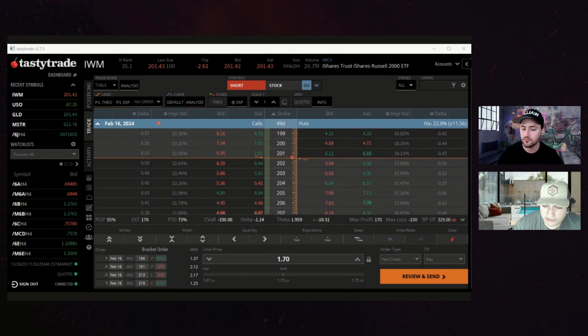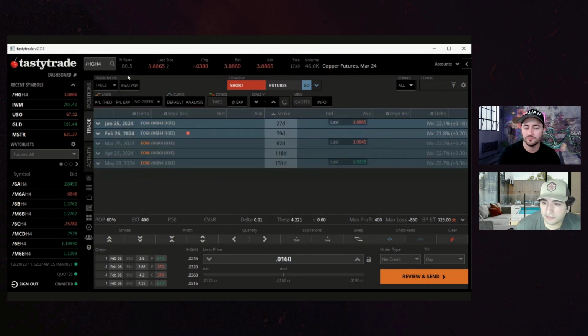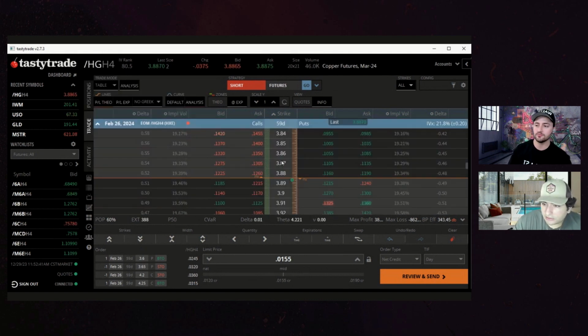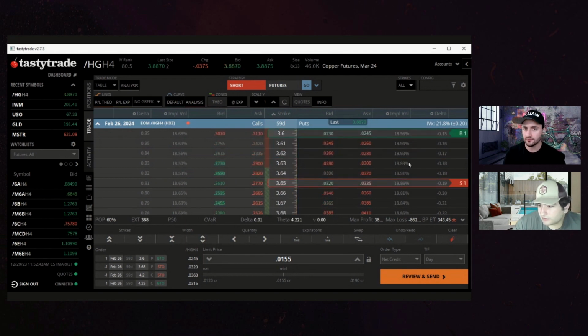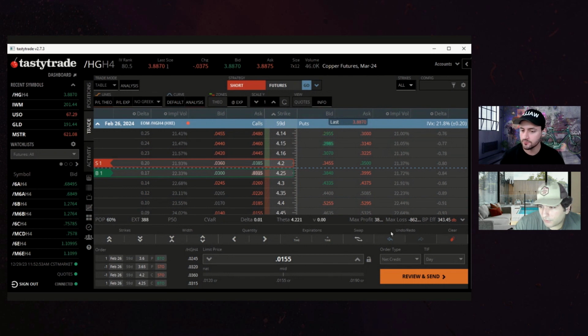So let's see what other trades I identified here. That's a 5-point IWM half standard deviation iron condor. This next one is very interesting because I've been talking about it for I don't know how many months. Copper just does not want to give anything back in terms of implied volatility. I'm looking at selling a 5-point wide iron condor on copper futures, the 365, 360 put spread, the 420, 425